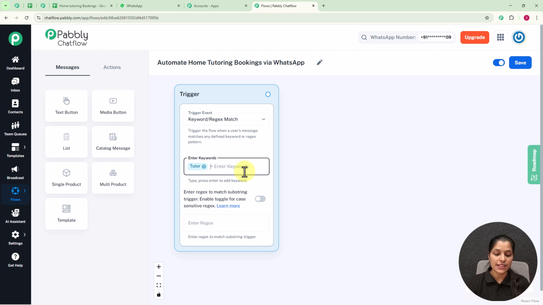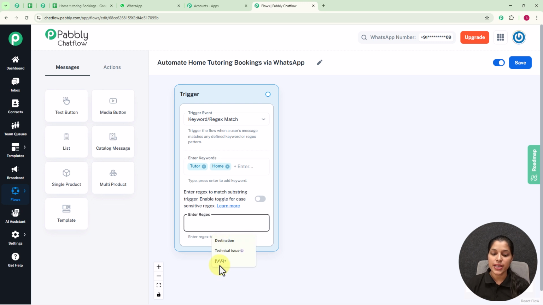Now as soon as someone enters this word, your chatbot will be initiated, and here I am going to create one more keyword, that is home. And now we are getting the option for regex. So regex is basically the short form for regular expressions. These are used for specific user input, and if you want to trigger any message, you can enter regex like this. But as I have entered my keyword, I will be removing the regex from here,